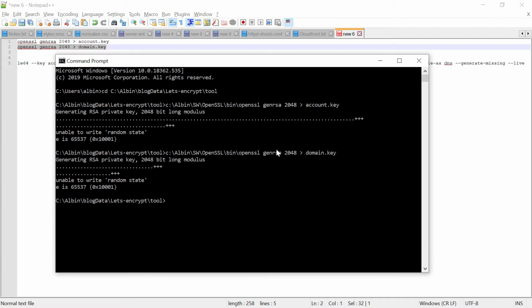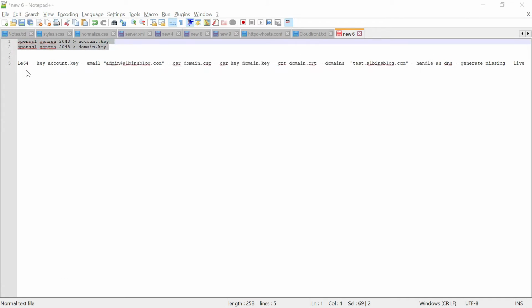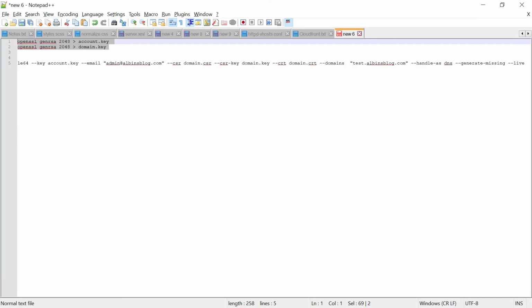Now you need to execute the below command. This will create the certificate. LE64 is the tool we downloaded, LE64.exe. Here account.key will consider the account key you created, then your email, then the CSR file name, then the CSR key, which is the domain key, the certificate key.